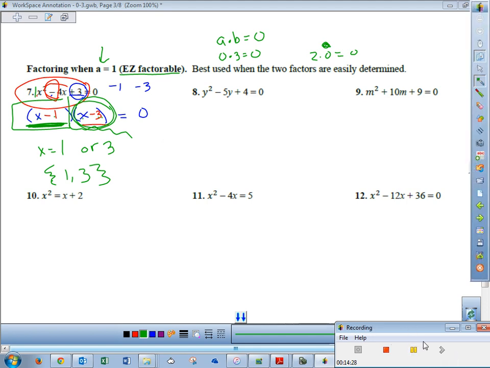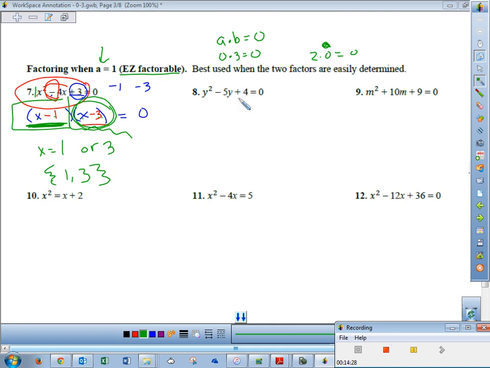Okay. The next one. Is number 8 easily factorable? Even though it's in the section and you know it, how do you know it's easily factorable? A is 1. Why can't we use the square root method, though? Like, why can't we just start square rooting stuff? We got y's to the first. So what we do is let's find two numbers that multiply together to be 4 and add together to be